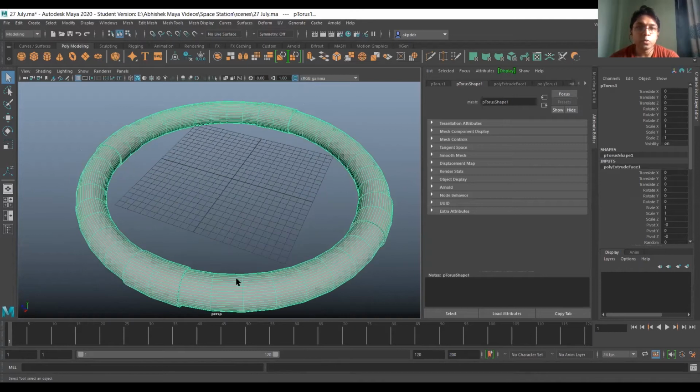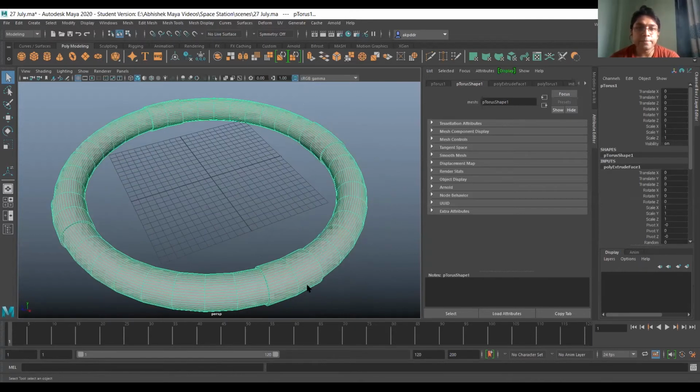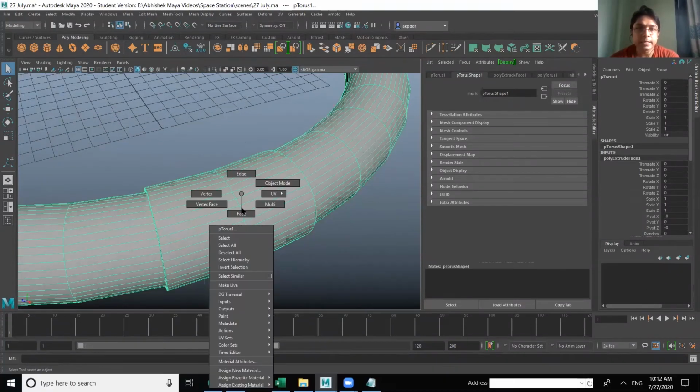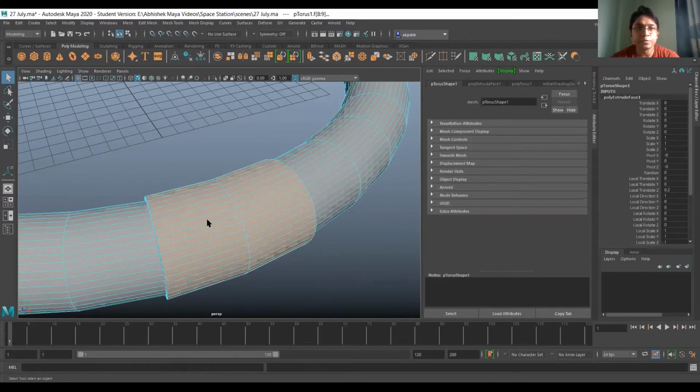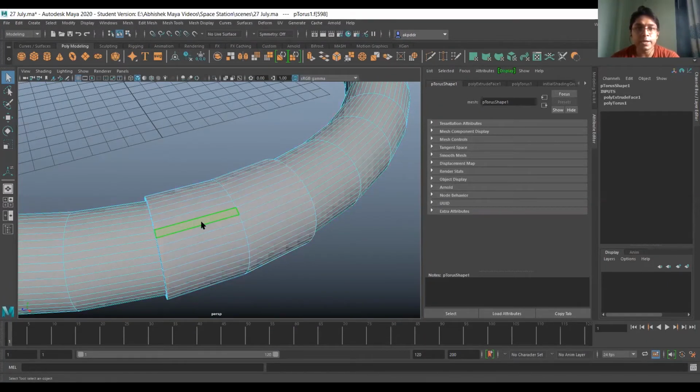So now we are going to select the faces. Right click on your object and go to face mode. Now select one face and double click on the next face of it. Press shift, hold your shift and double click on the next face. So the whole line will be selected.